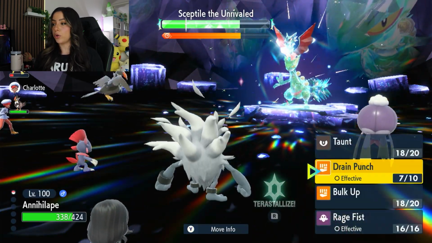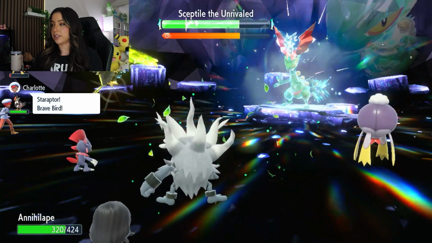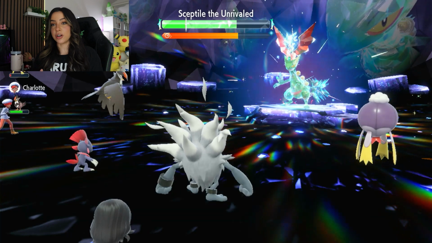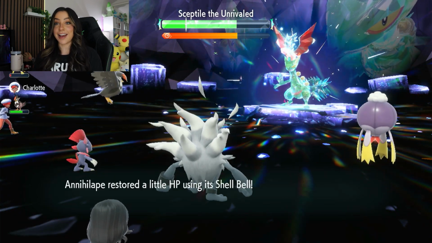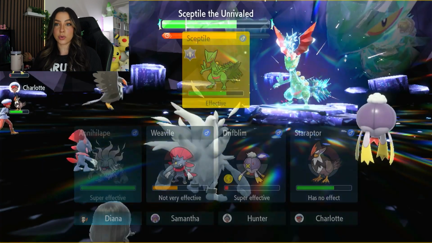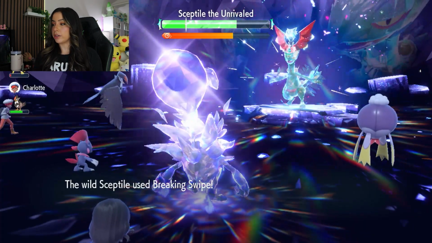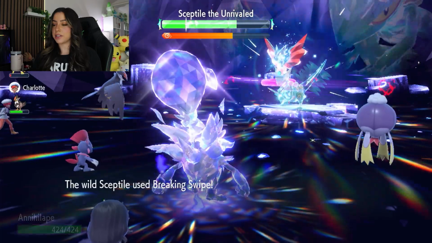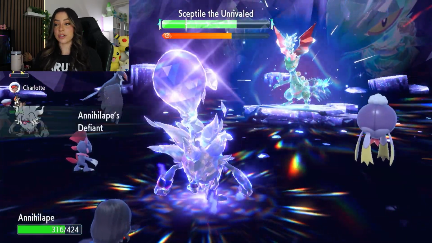And now that I've done 2 Bulk Ups, I am going to go for a Drain Punch here just so that I can activate my ability to Terastalize. And thanks to the Drain Punch and the Shell Bell, that actually puts us back up to full HP. So we're going to be able to Terastalize at full HP, which is always nice. But now that I am able to Terastalize, I'm basically just going to spam Rage Fist from this point on. We are going to get hit by a Breaking Swipe here, which is also nice because it is going to activate Defiant and actually help us a little bit, even though that was a crit, which is kind of nasty,